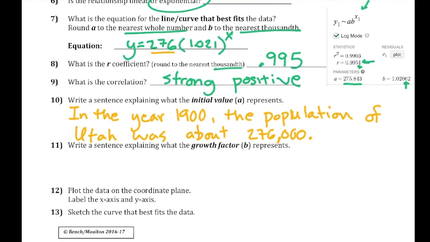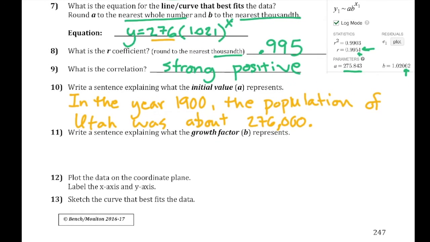So number 11, we want to write a sentence explaining what the growth factor B represents. So just like last time, we're going to break this apart. And we're going to say, okay, this is 1 plus 0.021. And so that 0.021, we're going to change to a percentage, which would be 2.1, because we're moving the decimal place twice. So we can say that the Utah's population